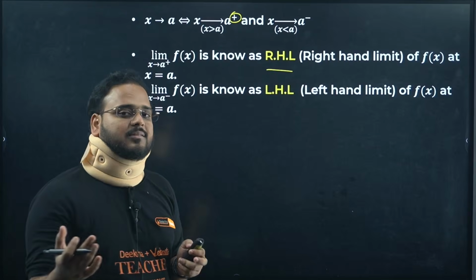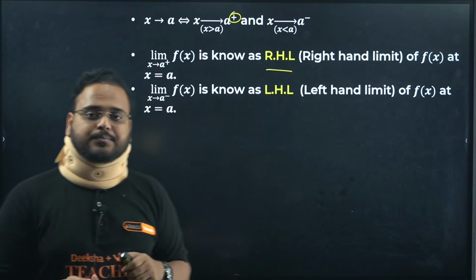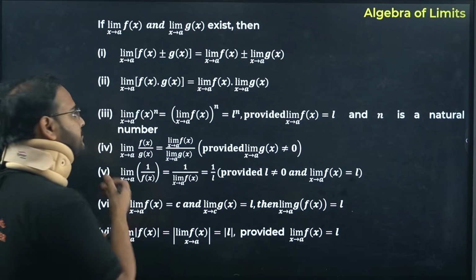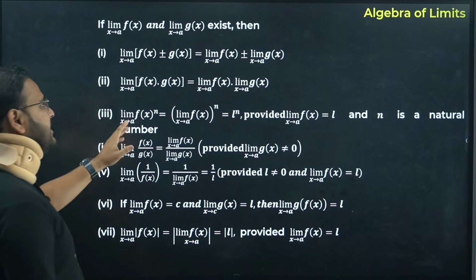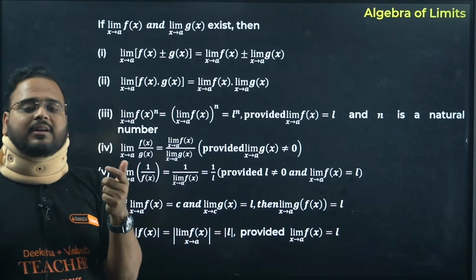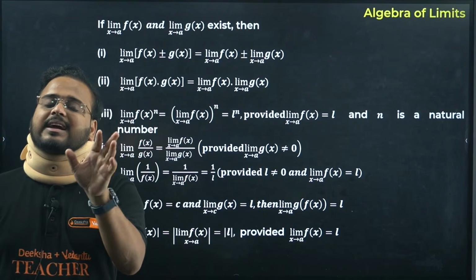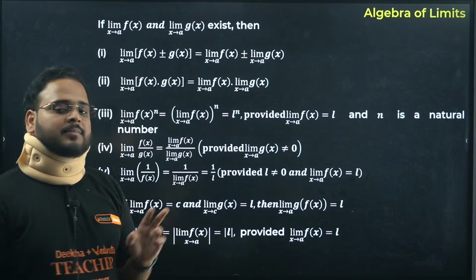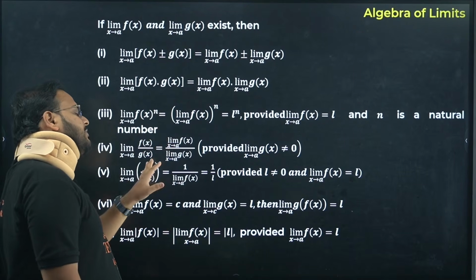So I hope, from the revision and notes point of view, this is important, so you can find it over here. Next, algebra of limits. Very simple, as the formula states: if you have a sum of functions and the limit is outside, you can take the limiting value of the functions individually and then take the sum or difference. The same goes in the case of product, or powers, or quotient,